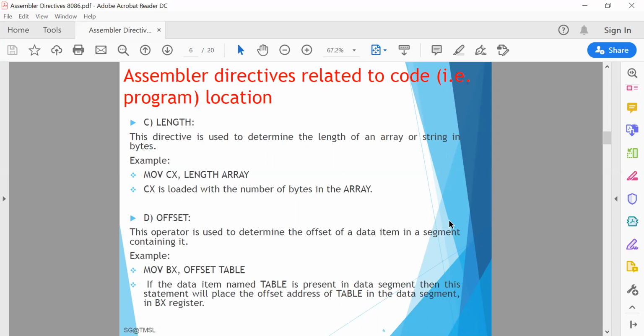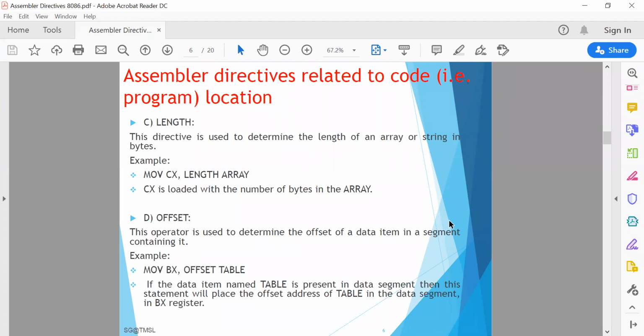Its most common use is in the case of indirect, indexed, based index or other addressing techniques of similar type, used to refer to the memory indirectly. In that case the OFFSET directive is used, like MOV BX, OFFSET TABLE.